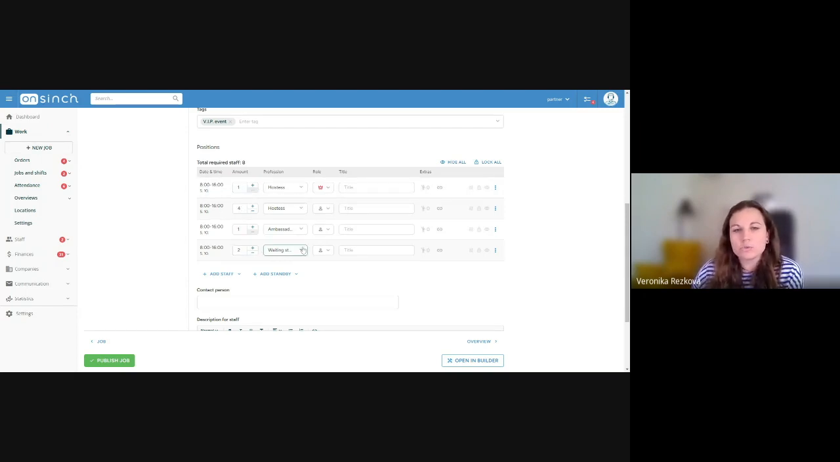Another change I can do right away, again without going to the builder, is to edit the role. So let's say I want the ambassador to be the lead worker of this shift. I will click here and change it from staff member to lead worker. I also want this ambassador to be a locked position, and I want to choose from applicants that would like